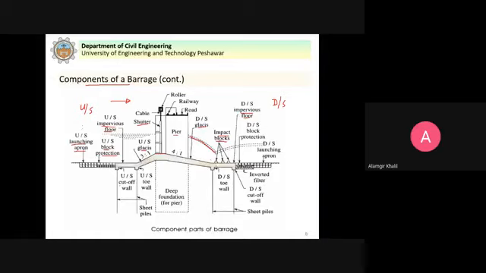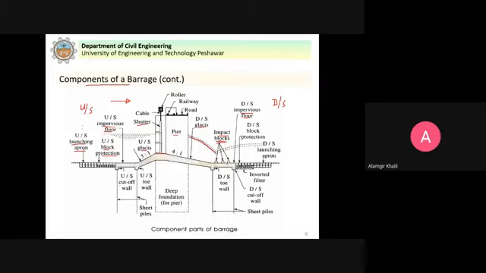So on the downstream side the hydraulic jump has to form, and to dissipate the energy, the hydraulic jump dissipates the energy, but the hydraulic jump itself creates turbulence. So this hydraulic jump has to be contained on this impervious floor. That's why these impact blocks are provided.